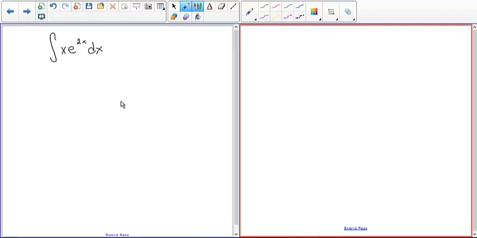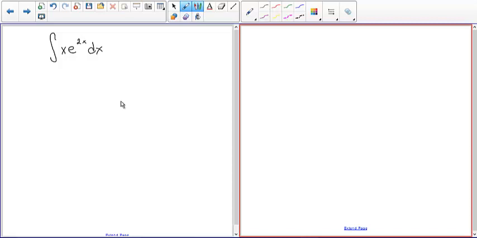Again, the rule is u is part of the original integral whose derivative is simpler than the original function, and dv is a function that we can integrate using the integral tables. And you might say, well, I can't do e to the 2x, but you can, because you'd have to use the u substitution. So when you integrate e to the 2x,